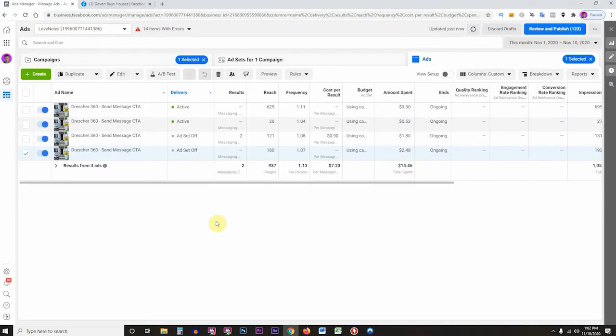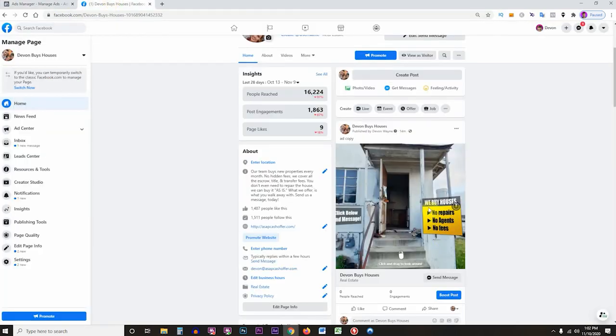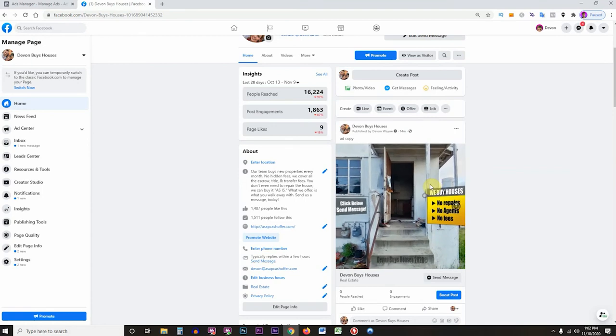Sorry the video is going on 30 minutes here, but there is a lot of stuff to explain. Really, at the end of the day, all you need to do to keep it super simple and make it like a 30-second tutorial is post the 360 image to your page. Make sure the ad copy is in this post, optimize it for Messenger,